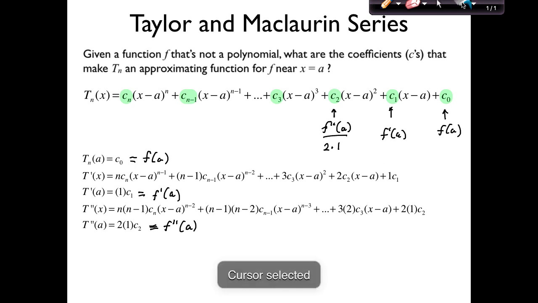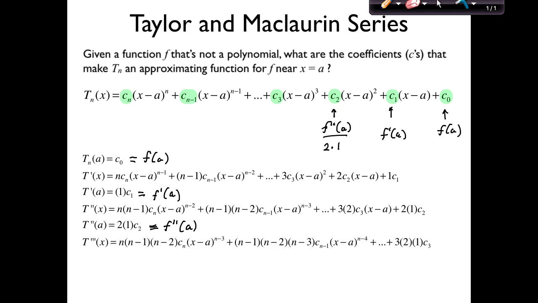Do it one more time. Okay, third derivative. It's the derivative of the second derivative. So if you want to copy that down, do it from the video. In the end, we get down to the last term that stays around, 3 times 2 times 1 c3. That one, the derivative is 0 because it's constant. So our third derivative at a is 3 times 2 times 1 c3, and we want to get the third derivative right, so we're going to assign that to